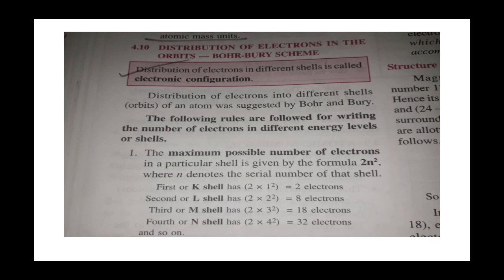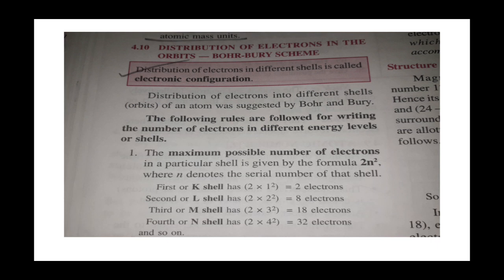This is due to the fact that elements become stable only after acquiring 8 electrons in the outermost shell. The outermost shell of a chemically stable atom can accommodate a maximum of 8 electrons, except hydrogen and helium atoms, which have only one shell, so they can accommodate a maximum of only 2 electrons. Okay, so this is about the distribution of electrons.